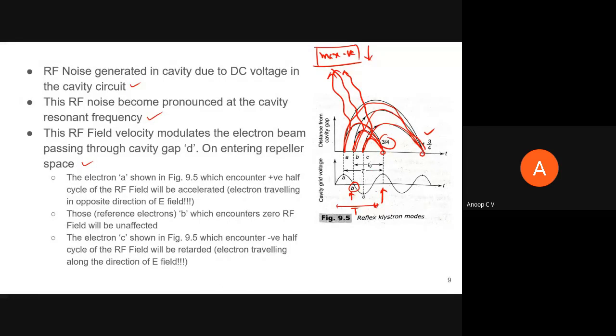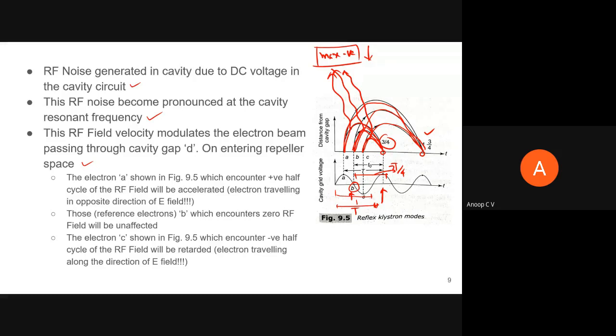So what is this 3/4? One cycle corresponds to one time period. The time taken by electron B to go and return, if it returns at the very next positive peak, is 3/4 of a time period. One complete cycle is T, so this is 3/4 of the time period.